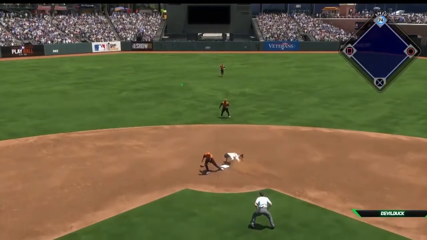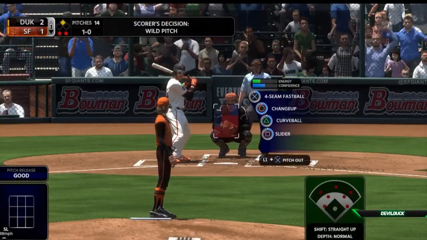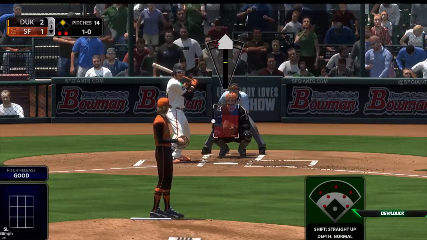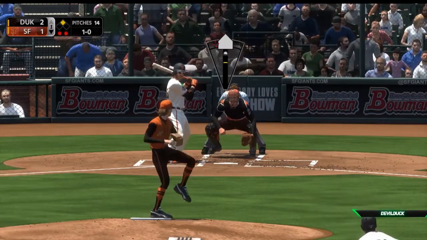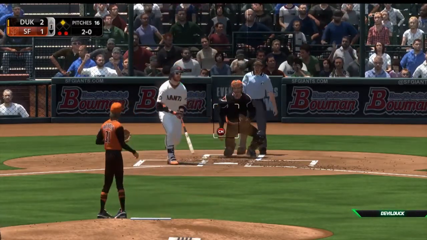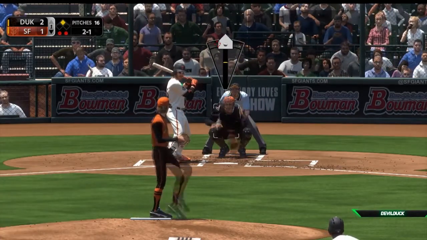We made a pitching mistake, and of course, the computer will run. 70 speed is good enough to steal on here. Even 68 is good on stealing. 70 speed is plenty to move the base runners to the next base. All right,